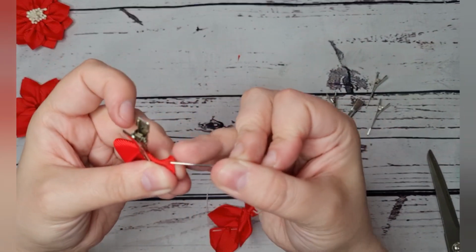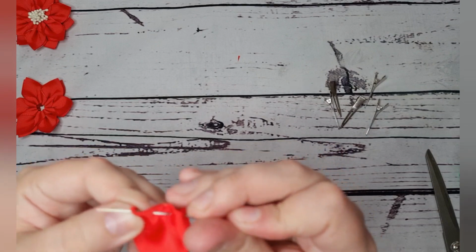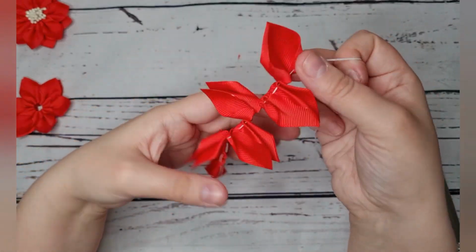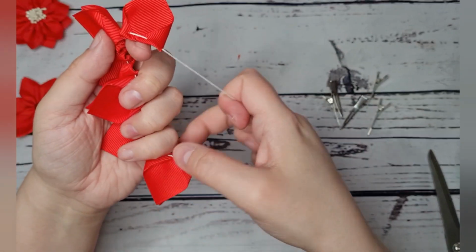1, 2, 3, 4. So there you go. So all 6 are on our little thread,